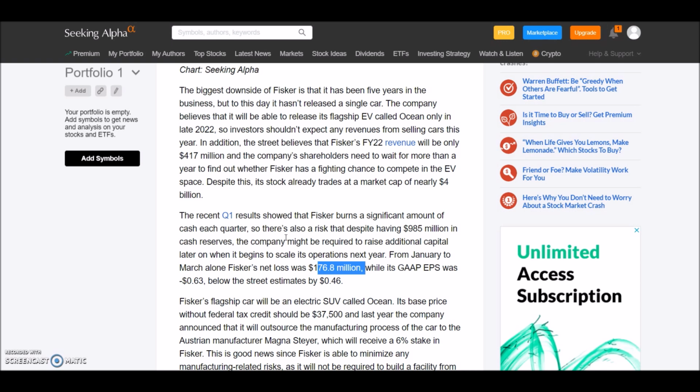that no vehicle is on road, but again you are purchasing Fisker just looking at the future, and also looking at the current price, it seems very attractive. Like $10-13 is very attractive. So if you're a long-term hold type of investor, then I would say maybe buy Fisker, and if it comes down, buy more. But 13 looks like a very attractive price for sure, especially when the price target is $25